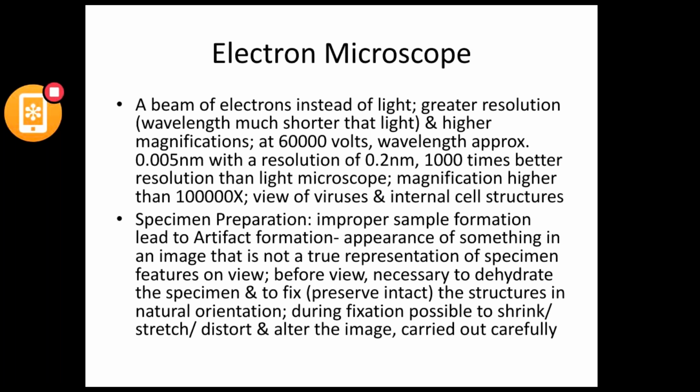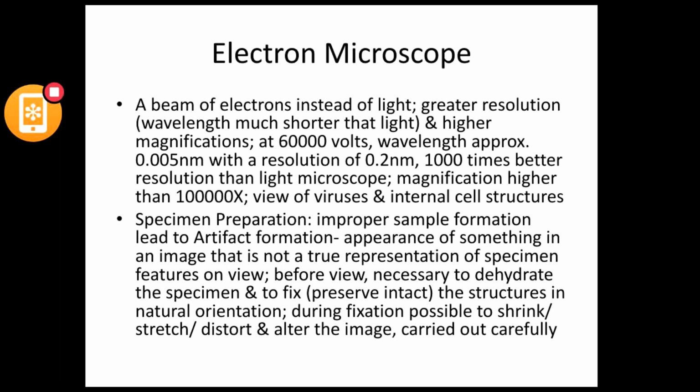Yes, because in a light microscope the maximum magnification is 1000x, so in an electron microscope it is around 1000 into 1000. So how much will it be? 1, 10, 100, 1000, 10,000, lakh, around 10 lakh times. Fine, 1000 times better resolution than a light microscope. As a result, using an electron microscope, we can view viruses and internal cell structures. With a light microscope, we can observe a bacterial cell, an algal cell or a fungal cell, but not internal cell structures or viruses. For that, we need the sophisticated electron microscope.